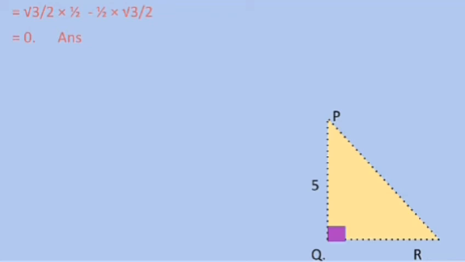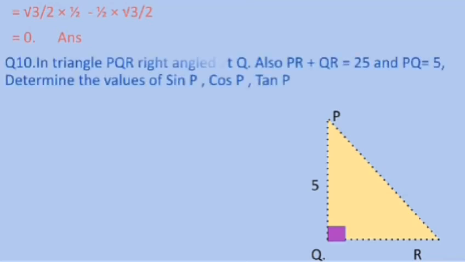So class, I hope this question is clear to you. Each and every question in the exercise you are covering is similar to the previous question, and it is a totally simple exercise of trigonometry. So the main question, that was question number 6, I have completed previously, so you need to clear that question, that is important. And now the next question that we are going to complete is question number 10. It's also important, so make sure to understand it correctly, okay class.